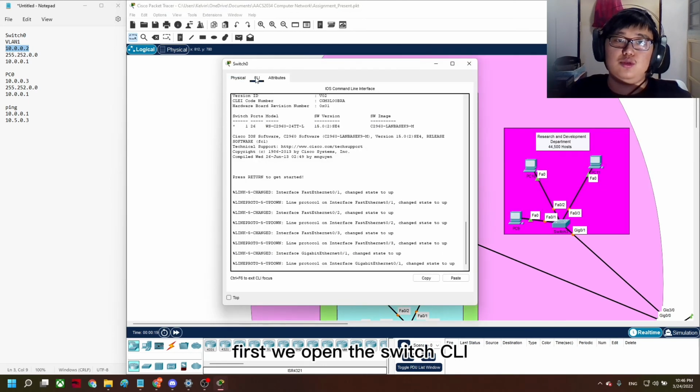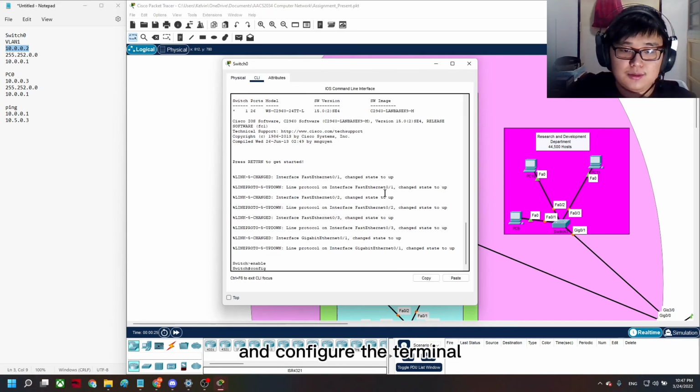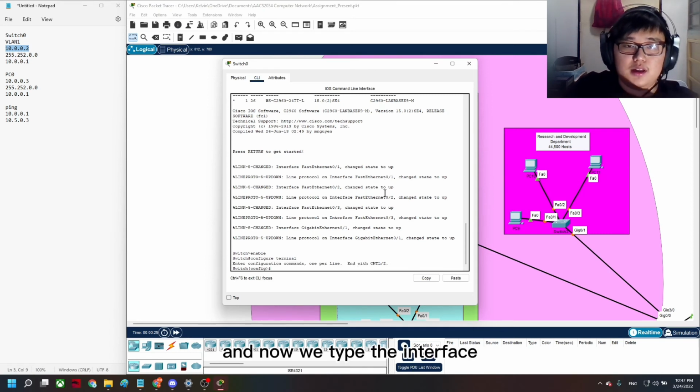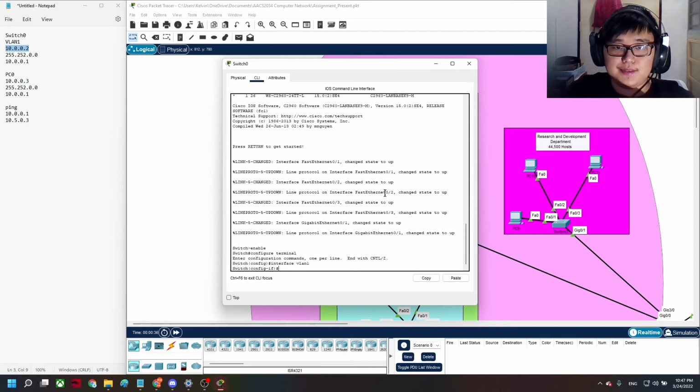First, we open the switch CLI, enable it, and configure the terminal. Now we type the interface, and in all switches we use VLAN 1 as the interface. Next, type the IP address and the subnet mask.